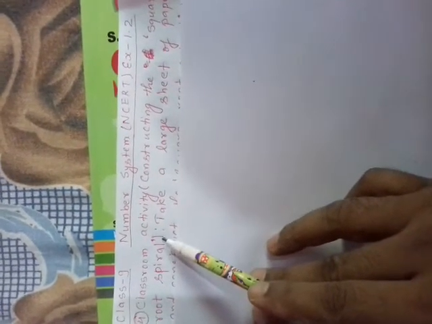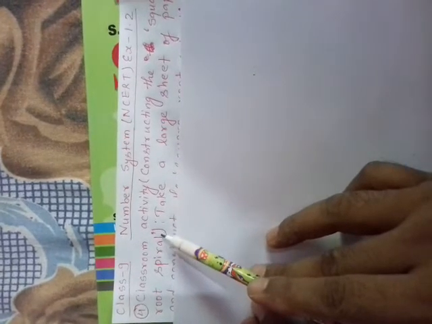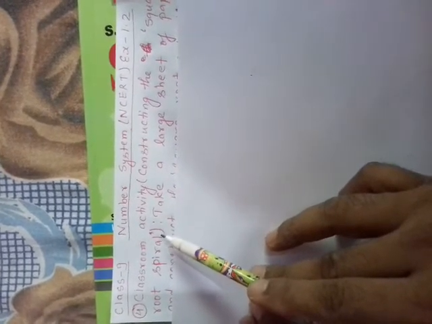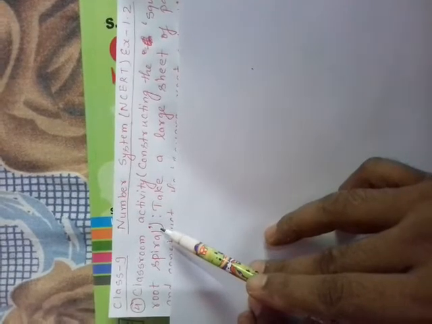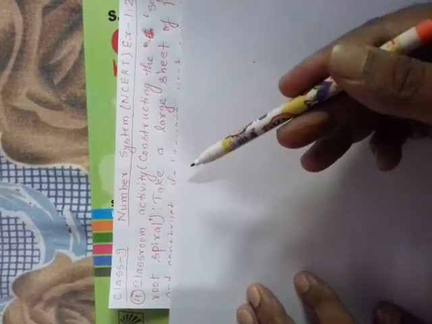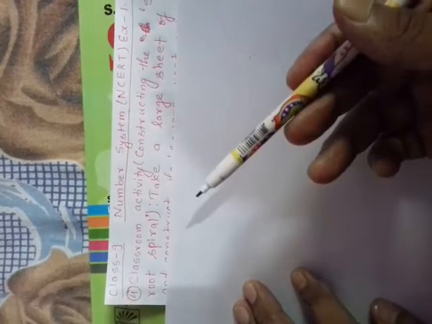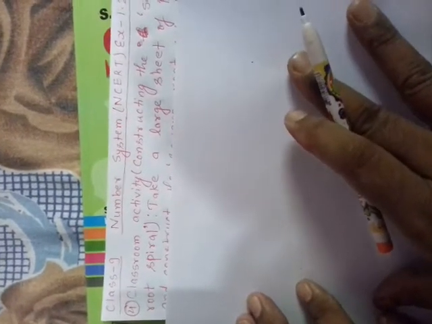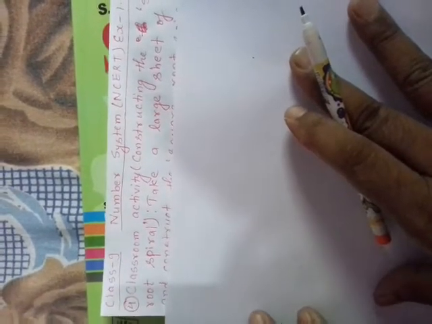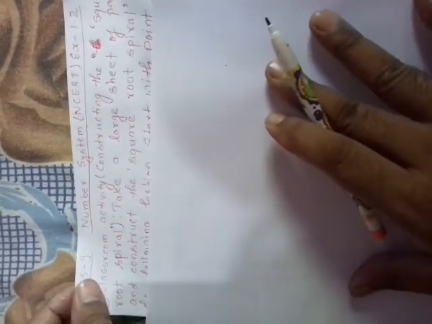Here I will be explaining a square root spiral, and I will be taking maximum 8 to 9 minutes of your time because I can't make a video bigger than that. So I will read and instruct you how to do it. If I get time, I will try to construct it over here also. So without wasting time, let's see what has been said.